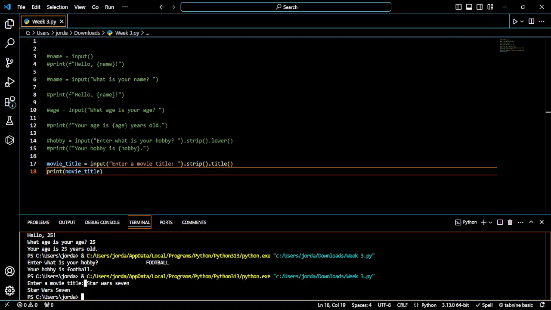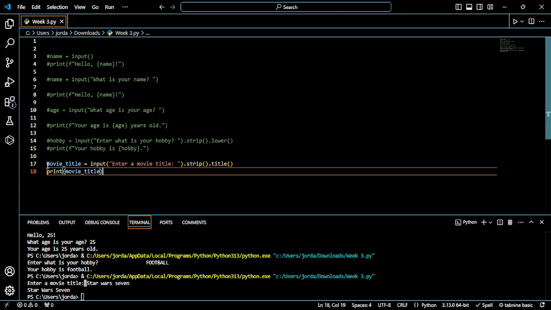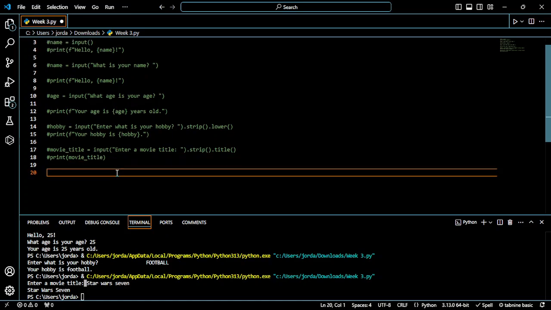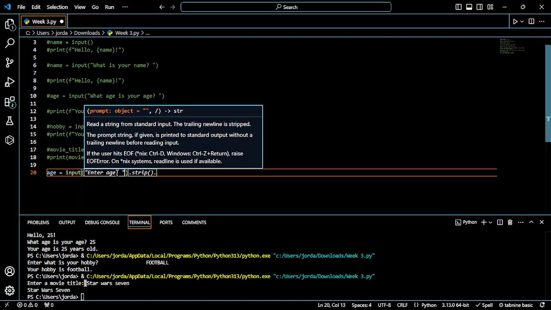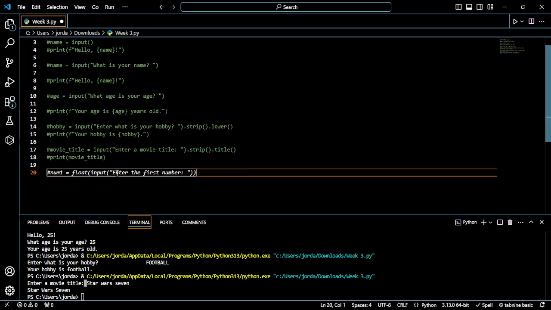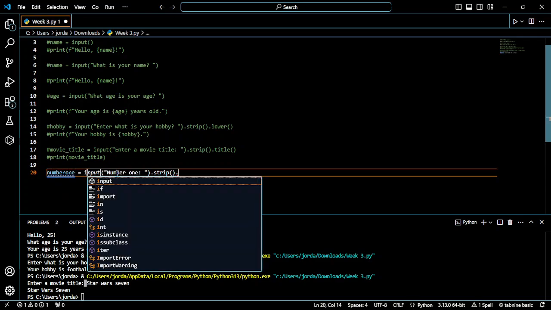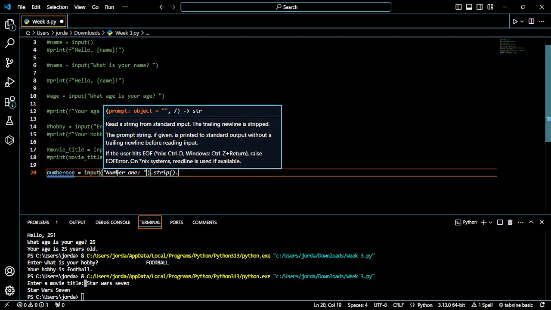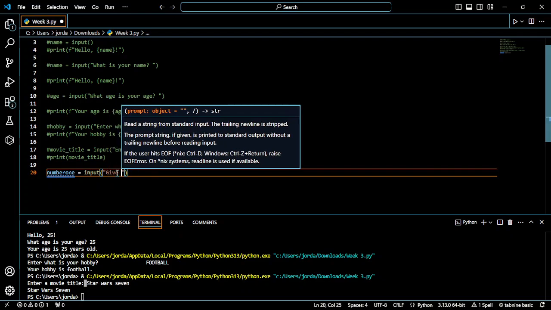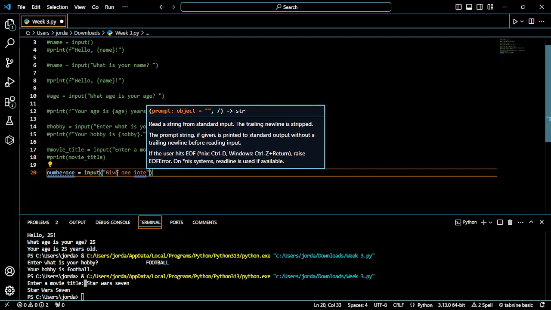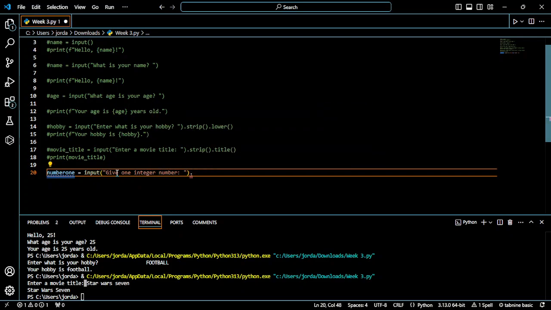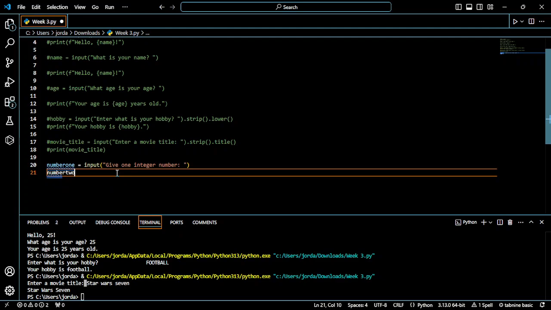Now we're going to go on to how to convert the input into other data types, because right now all of them are classified as strings. But as we did before, if we do number 1 equal input, give one integer number, yeah, that works. And then we do number 2,